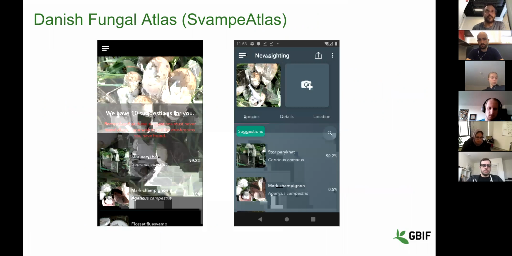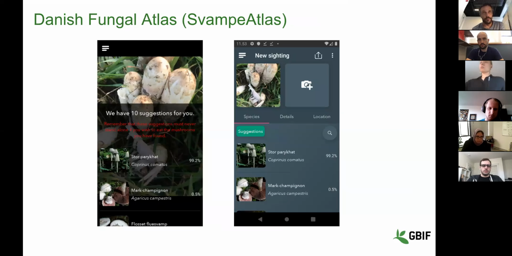And so just closing the loop, this particular group called Svampe Atlas, or the Danish Fungal Atlas, put together an app that on the surface looks pretty much like what we did for Merlin Bird Photo ID or iNaturalist. But the important difference here is that they did it on their own using these tools that were made available through this mediated infrastructure. Okay, so this Svampe Atlas app, which also is available on the App Store and Play Store, represents the kind of thing that you can do with this new framework.